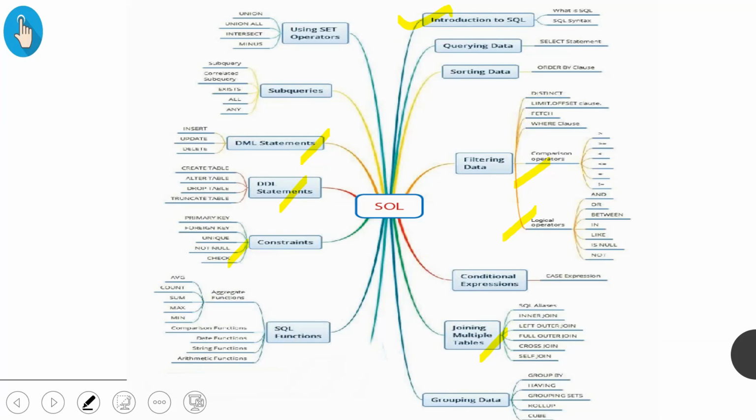So to see all these things, stay tuned so that you will get to know each and everything in a much simpler way, right? And in the next video we are going to see how to install the software called MySQL, in which we are going to create our database and write the language for using it.